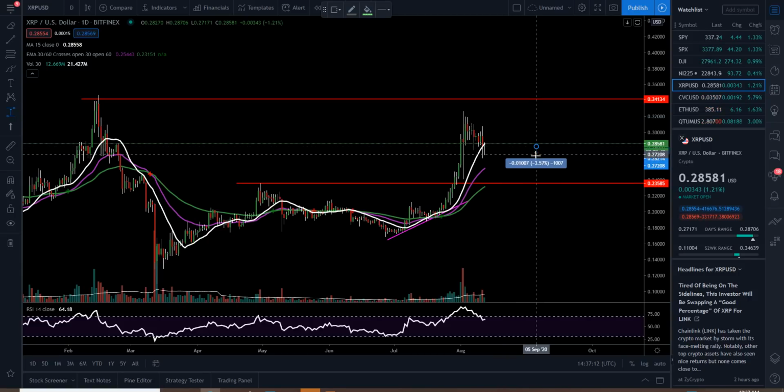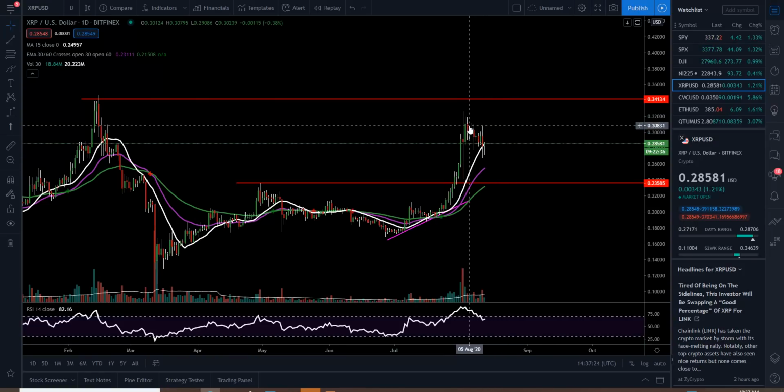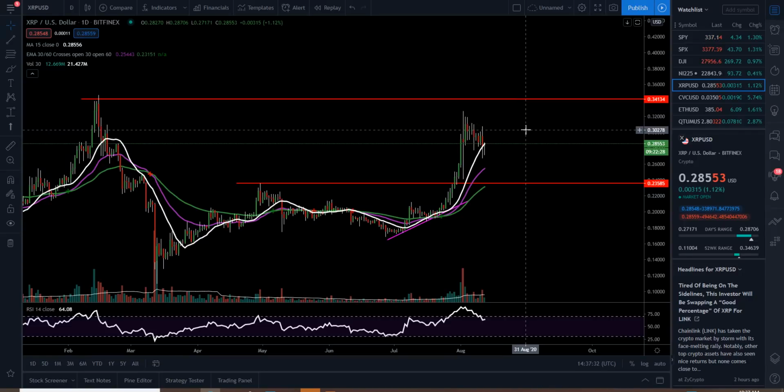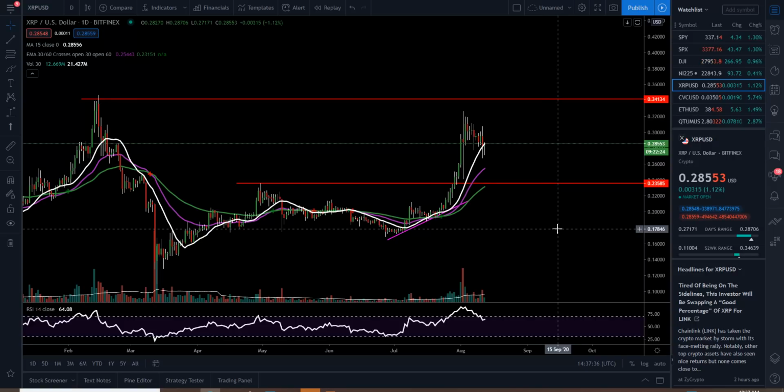So let's take a look here. We haven't closed yet today, so be aware of that. But the wick from yesterday was about 5%. So sometimes that can show you that that may be the bottom. That may be our low off this 15, and then we're going to make our reaction to come back up here and test the highs again. The highs off the real body candle closes 0.31083. So 31 cents is what I'm going to be looking at for us to get over top. If we get over top of that, it'll be around that 34 cents,